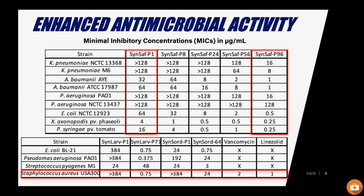And I really want to highlight SynLarv P1 and SynLarv P71 in this table. So SynLarv P1 is our starting parent peptide, and we notice that it's not active at all against the Staphylococcus aureus strain, with a very, very high MIC above 384 micrograms per mL. However, upon utilizing our optimization approach, we're actually able to get that effective concentration down into the nanomolar range of about 0.75 micrograms per mL, meaning we've greatly enhanced the ability of this peptide to kill our target bacteria, which